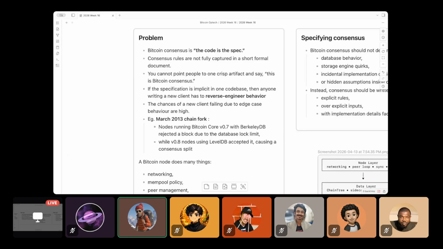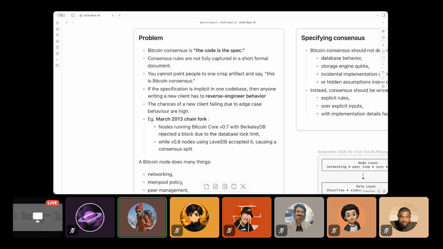For performance reasons, there was a shift from Berkeley DB to LevelDB. Although on the surface it should have nothing to do with consensus, it's a very engineering or operational change that was effected.